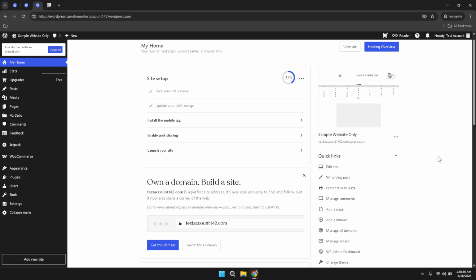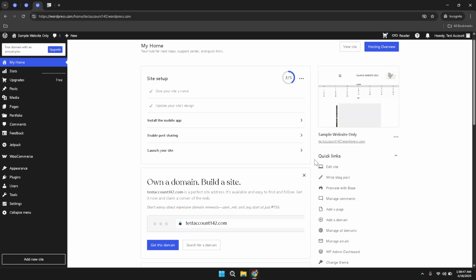Upon successfully signing in with Google, you will be taken to the main dashboard or homepage where you can see several quick links. Within this quick links section, look for the link labeled Edit Site. Clicking this link will transport you to the site editor, which is a hub for managing all the elements on your WordPress website. The site editor presents a streamlined interface that allows you to make global changes and manage content